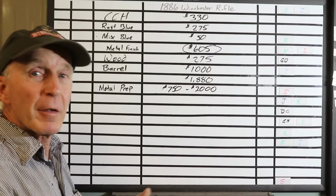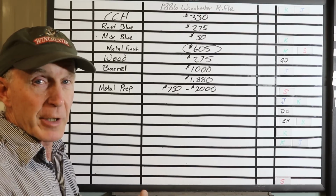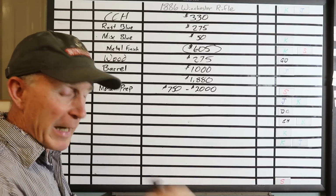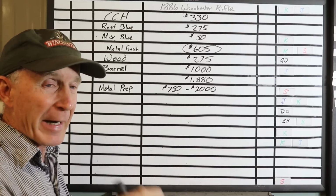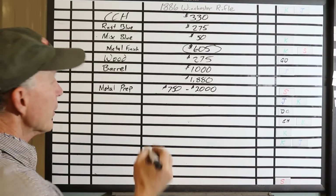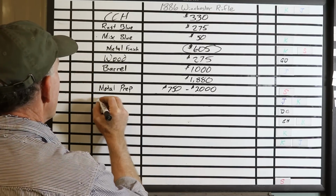Now for the fit and the finish on the wood, and we're talking about a high quality, restoration quality fit and finish where we've got extremely tight tolerances on the wood to metal fit. We've got it just slightly proud and even all the way around, and a high quality finish with pores filled. We're looking at 12 to 18 hours of work. So here we are, wood,